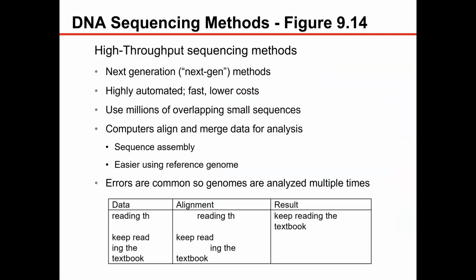This next technique, known as the high throughput sequencing method, is more automated. It's very fast. It doesn't cost as much. And it uses a lot of overlapping sequences of DNA. So the computers align and merge the DNA for analysis. And so down here you can see